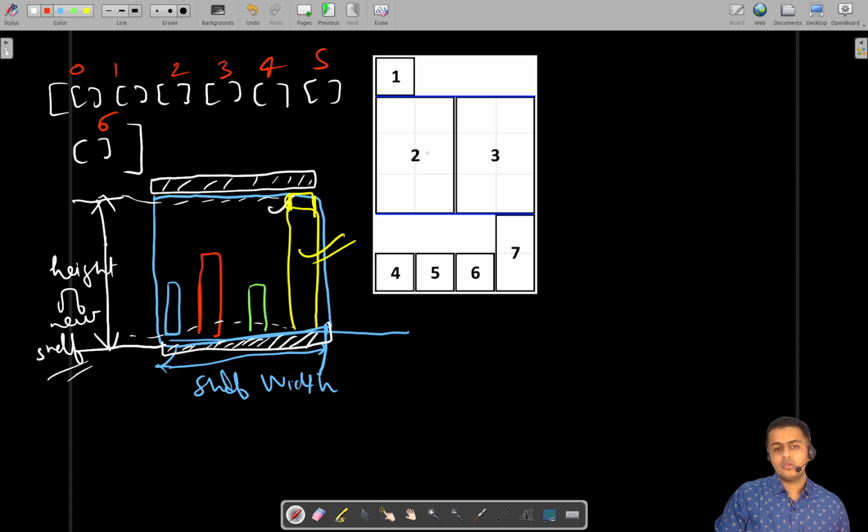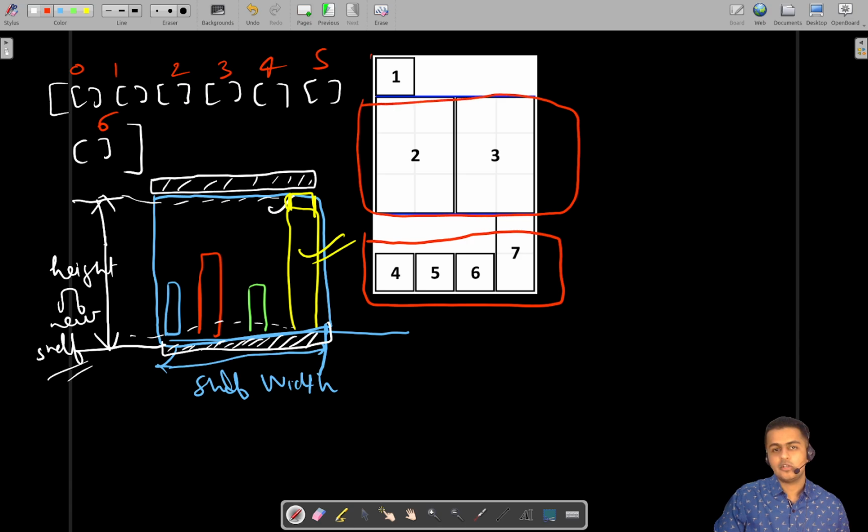Okay, so as you can see, you are just segmenting the array, which segment you have to place on the first shelf, which segment you will be placing on the second shelf, and which segment you will be placing on the third shelf. Okay, I hope it makes sense to you. So this was the first shelf, and after that this was the second shelf. Okay, this much,